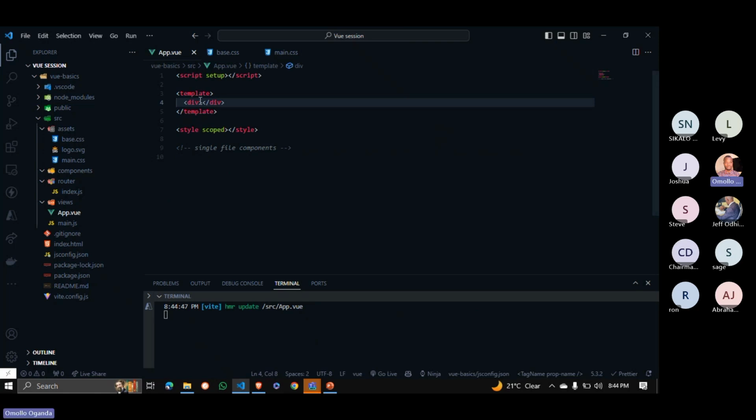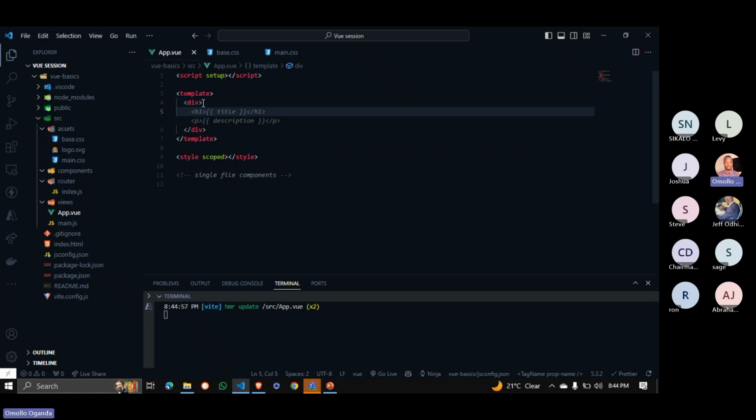And the template section should have a single parent element inside. Then everything else should live under that element. Now in our section, I have used the div to store everything. Now to make it simple, I'll just type a h1 and let's say this is Vue session. And when we go back to our browser and check,